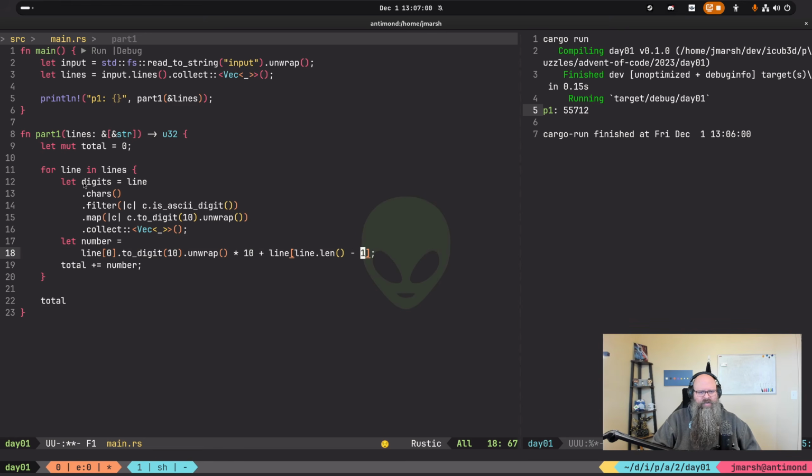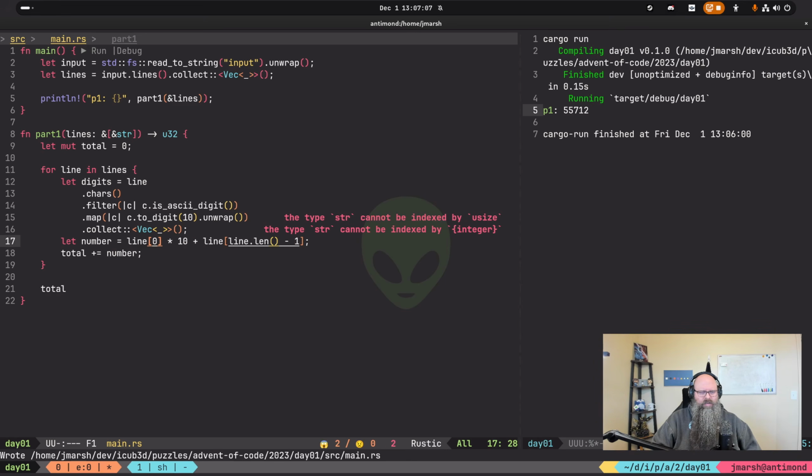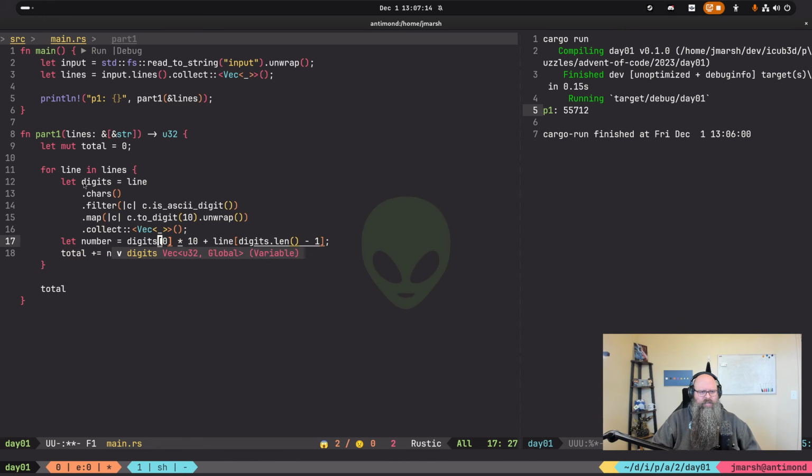It's not as efficient, but it does feel like it looks cleaner. So the first one times 10 and the second one times 1. That probably works too. 55712. Yep.